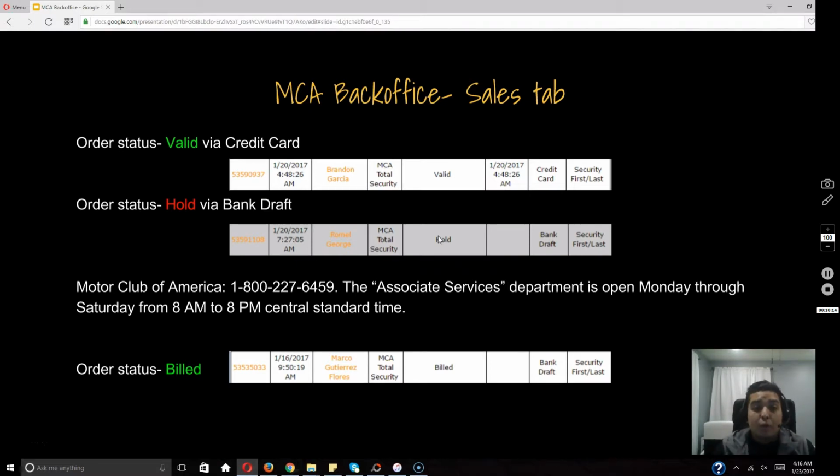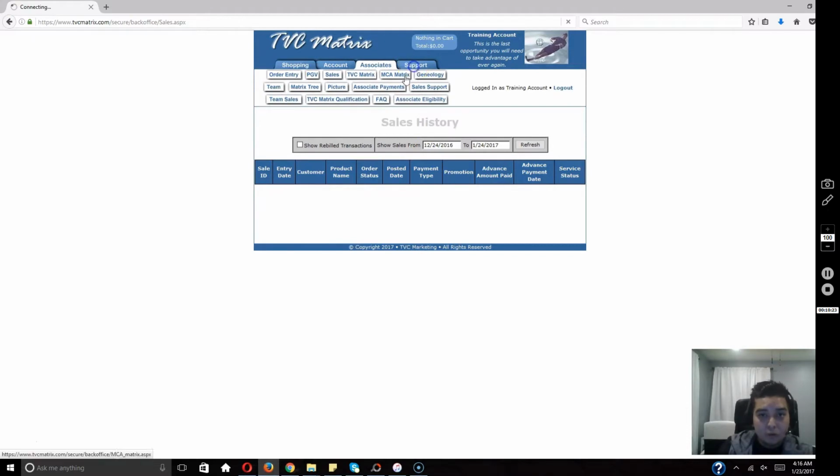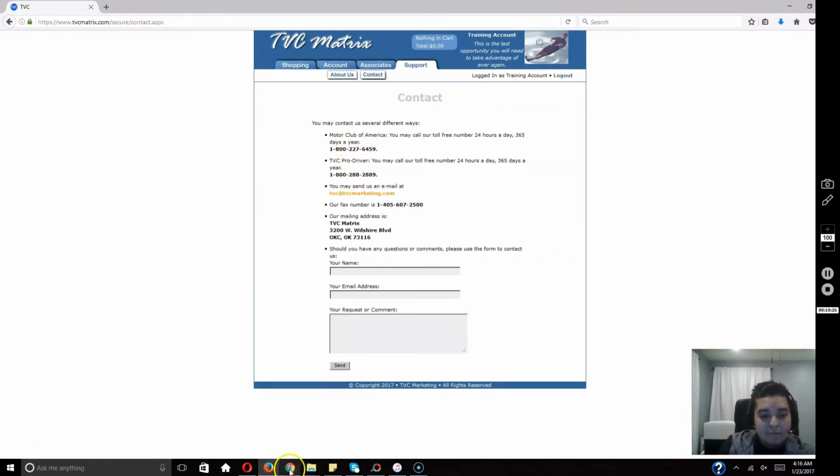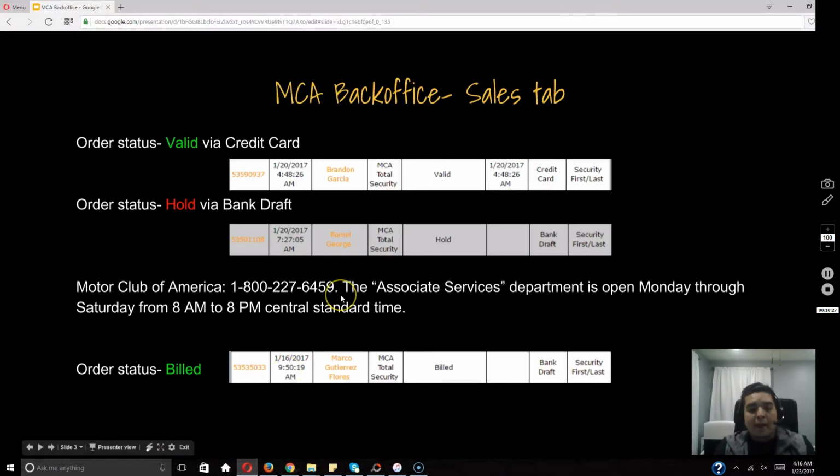So, this is what I do. This is what you should do. You give them the number that's here on the slide. You can also find it on the support tab. Give them the number and just tell them to verify their account with MCA. And then once they call and speak to MCA and they process the payment, it's going to go